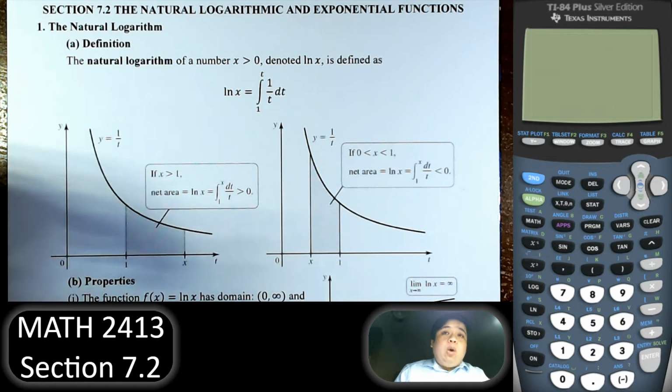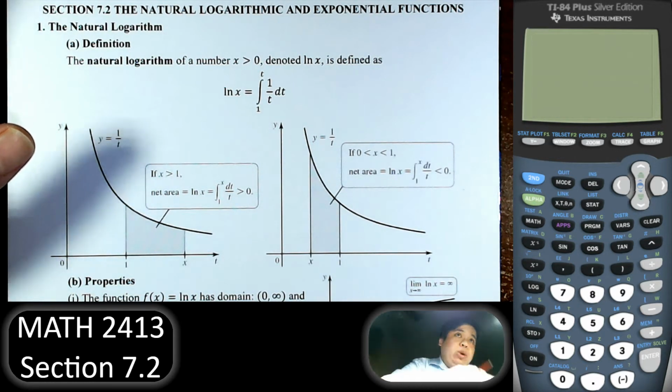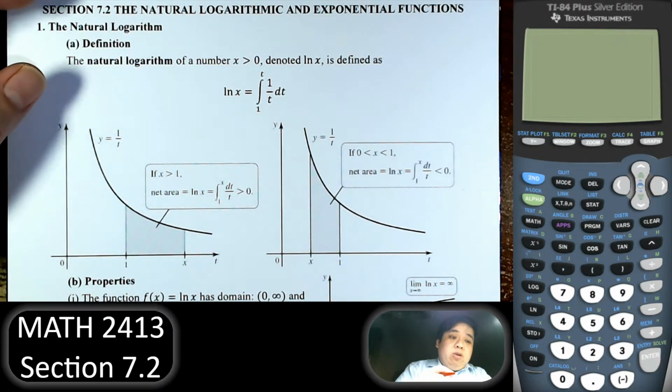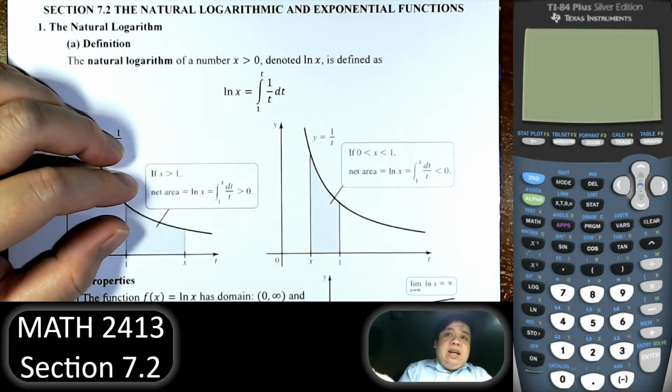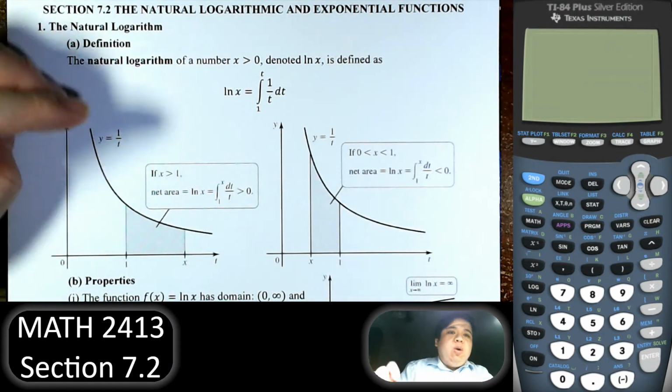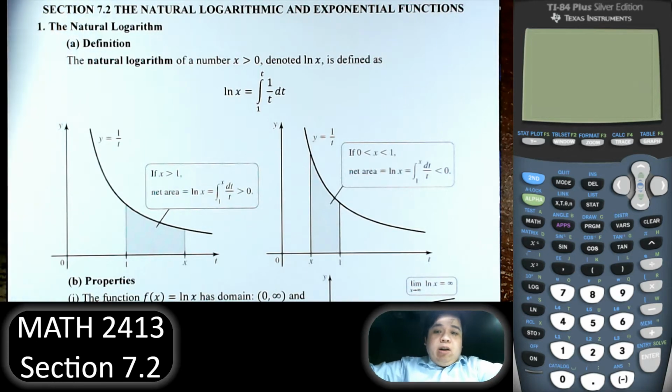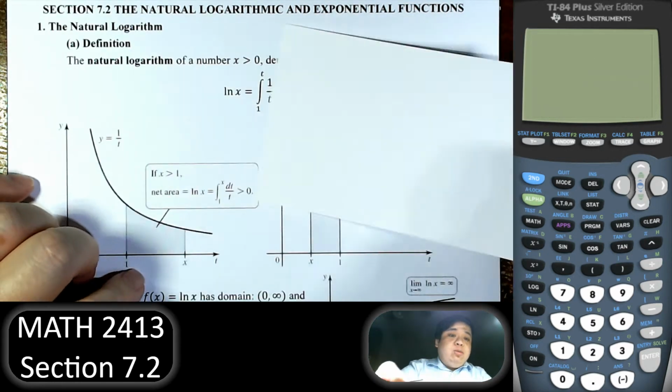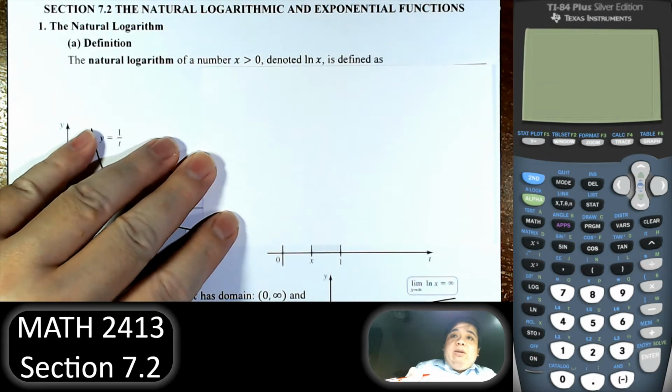One, we can start with the exponential function, and then we have the natural log. This book goes with the natural log first, and then goes to the exponential function. Notice that the natural exponential function and the natural log are inverses of each other,